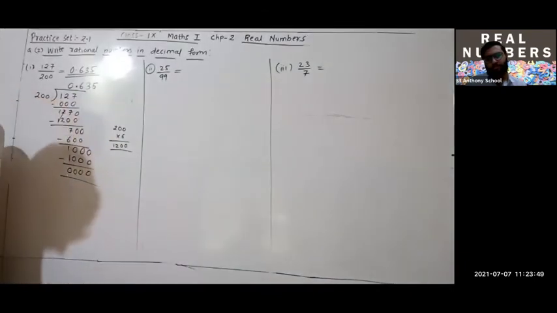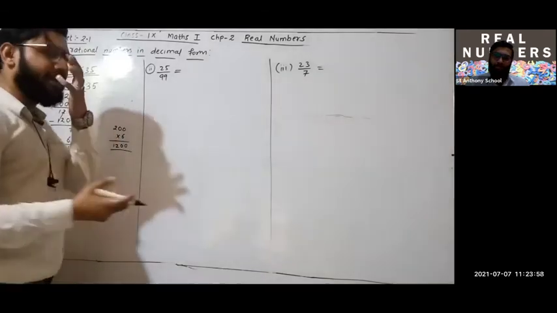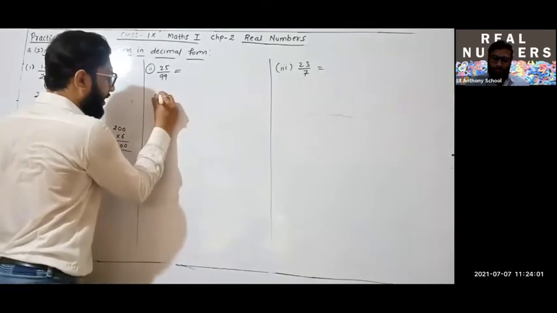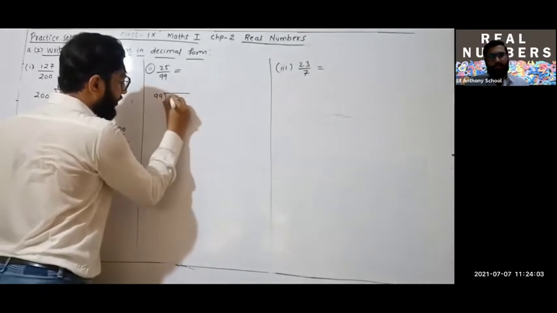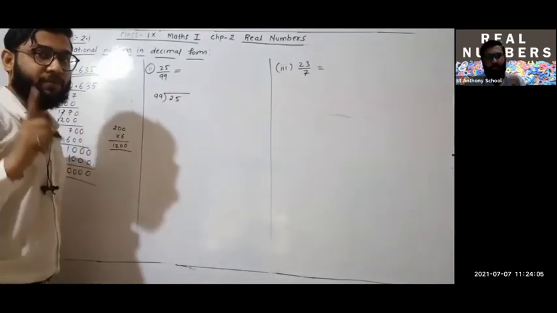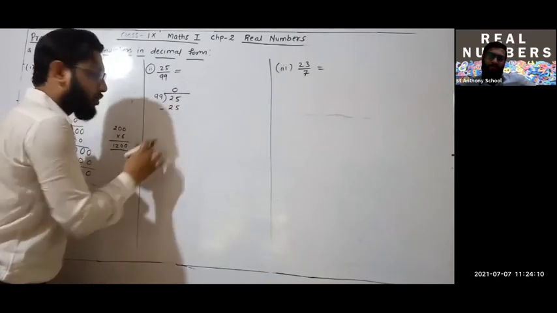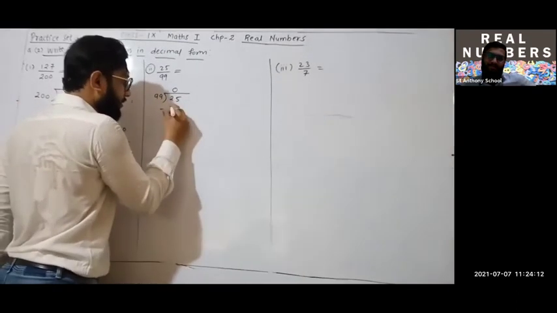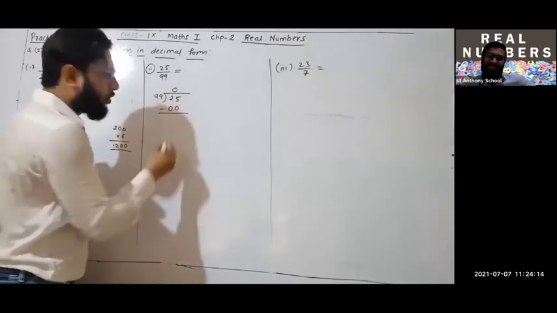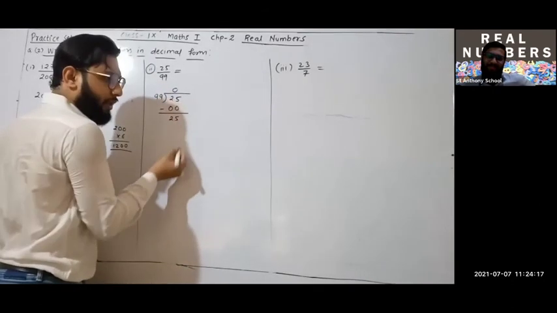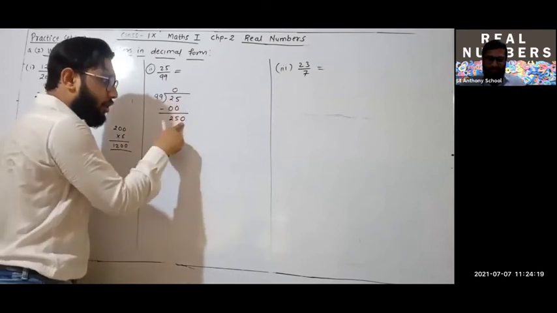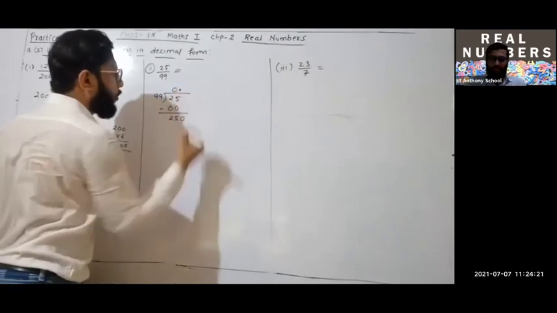25 upon 99. This is the next part. Okay. 25 upon 99. So what normal divide you will do? 99 बाहर आ गया, 25 अंदर आ गया. So 25 is a smaller number than what you have to take. 99 zeros are 0. So 25 minus 0, again 25 you will get. What will you take? You will take 0. Whenever you are taking 0, then you have to put your decimal point.